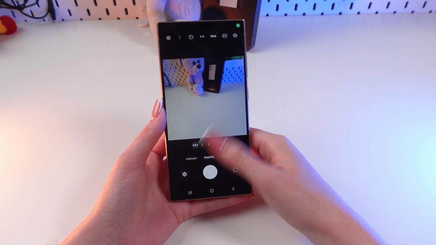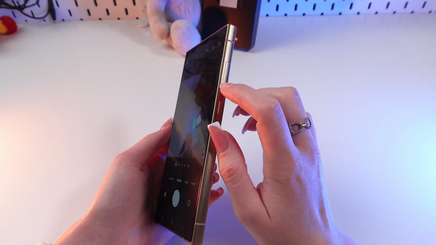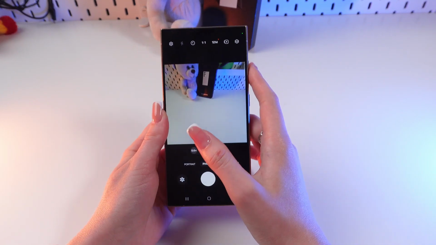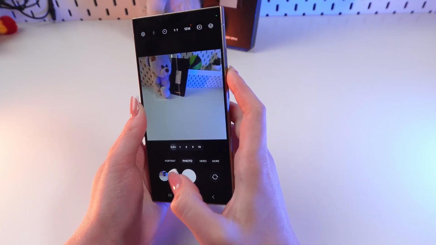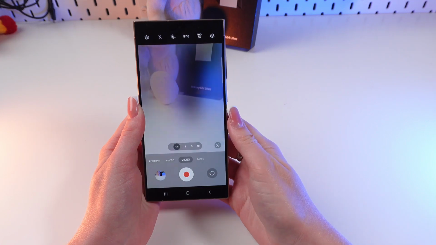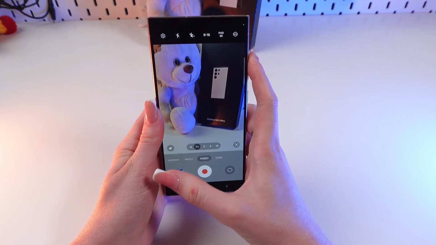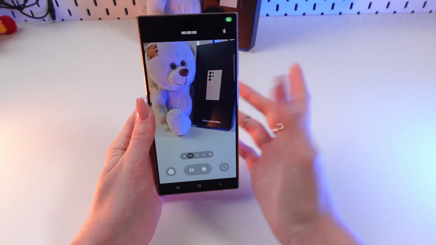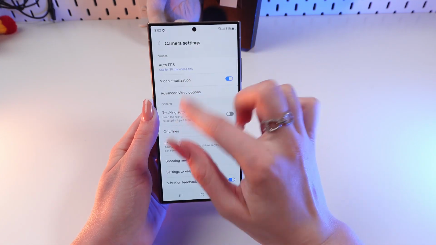And now if you're in a photo mode, then with the help of the volume up or volume down button you will be able to take a photo. Let's do it. And by the volume down button as well. If you're in a video mode, then by clicking one of these buttons you will start to record a video. Just like this. Let's go back in the settings